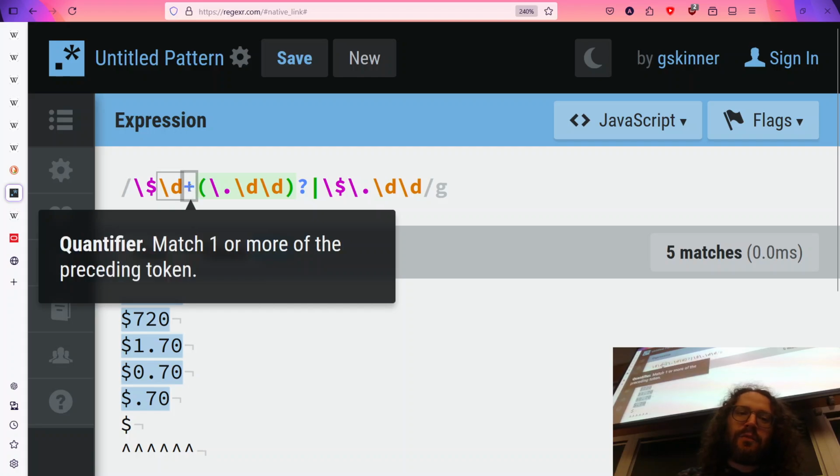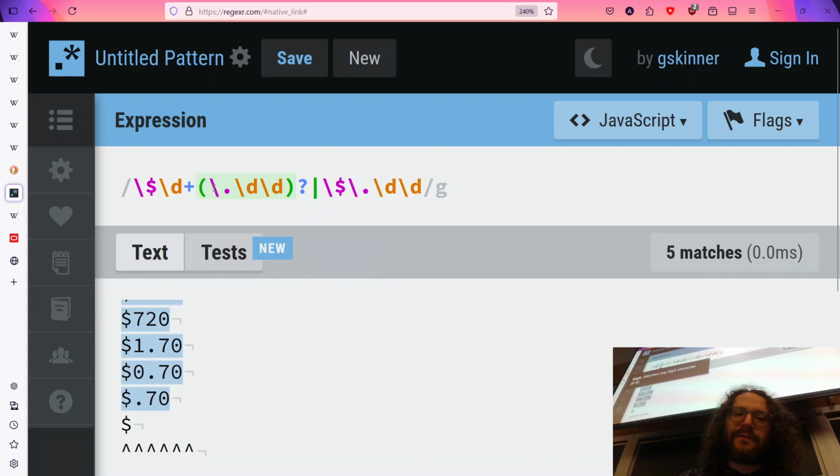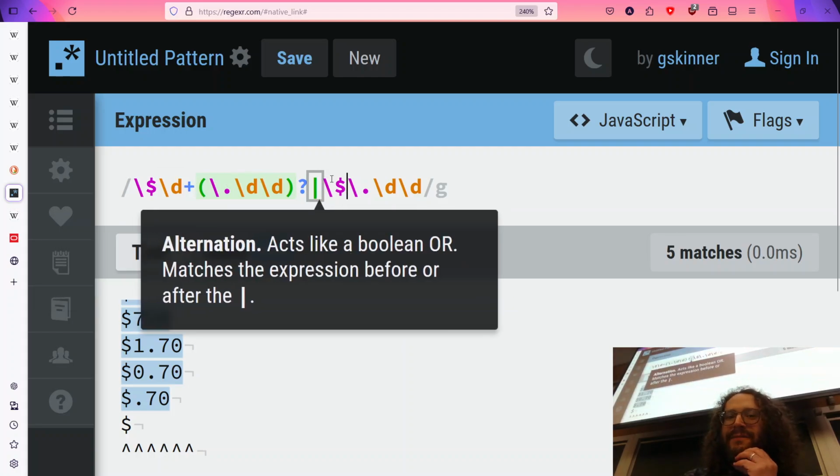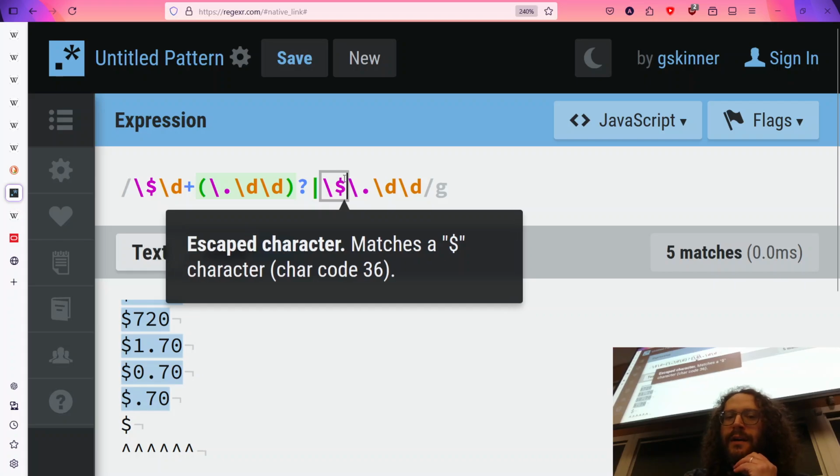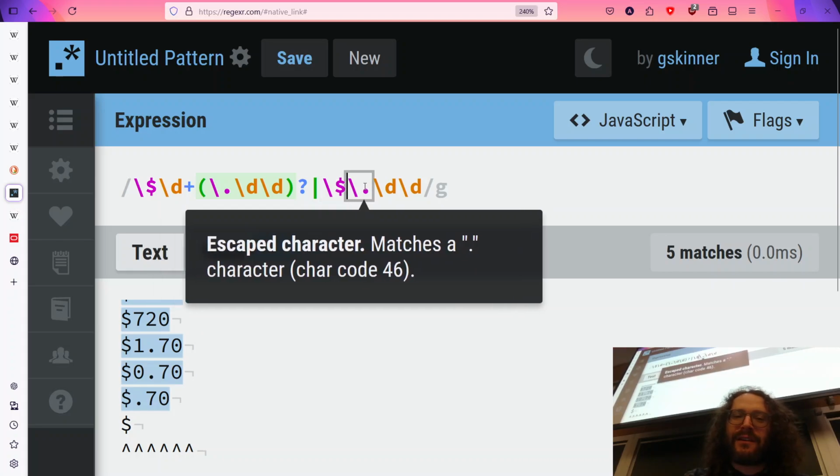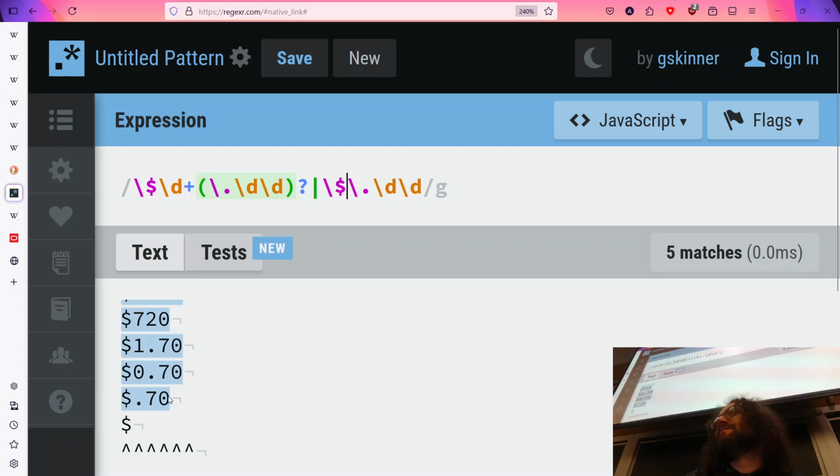right, it's a dollar sign followed by a bunch of stuff, optionally followed by a bunch of stuff, or a dollar sign that's definitely followed by a single period and 2 digits. And now we match all these things without matching the blank dollar sign. There's different ways to do everything, and it's pretty cool. These things are extremely expressive. All right, there's one other thing I need to tell you about before I, yes?